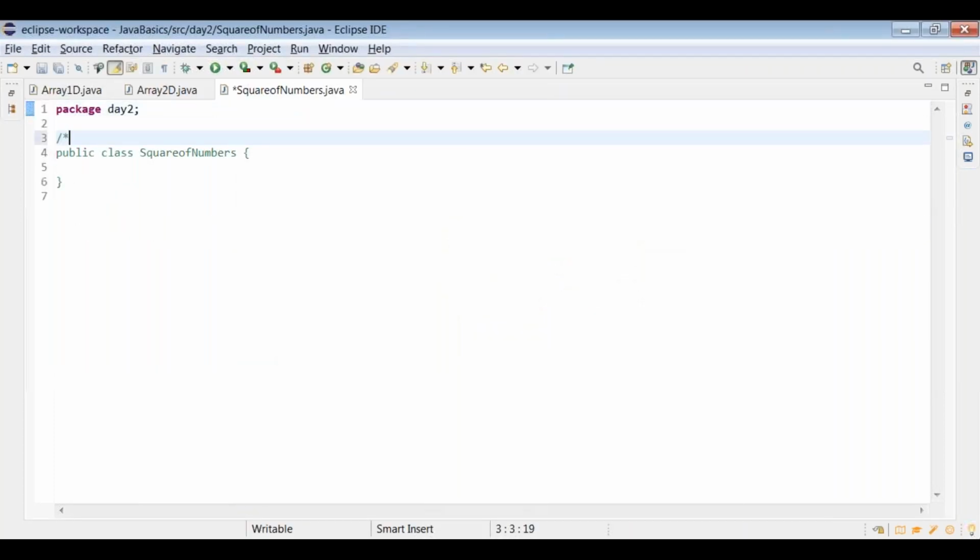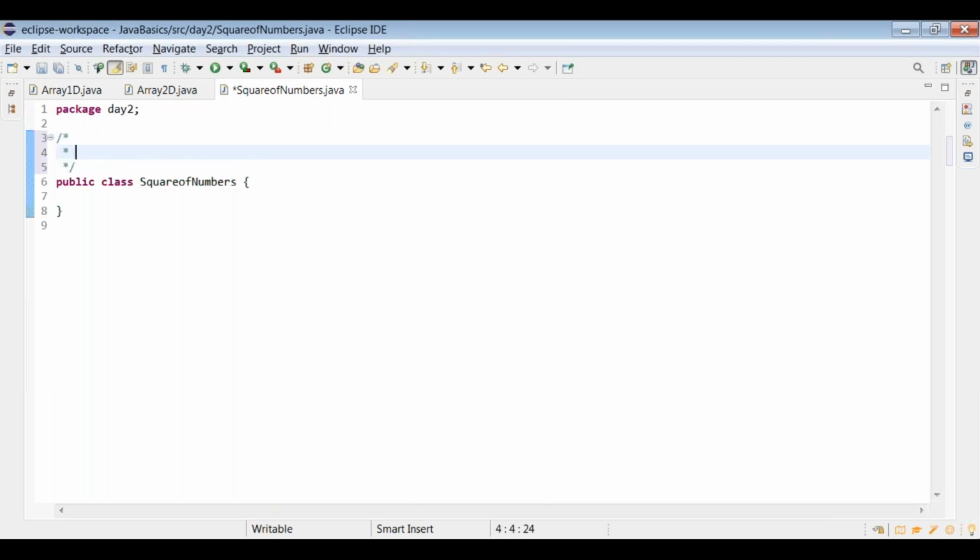The objective is where we calculate the square of numbers from 0 to 9 and store them in an array. That is our objective.